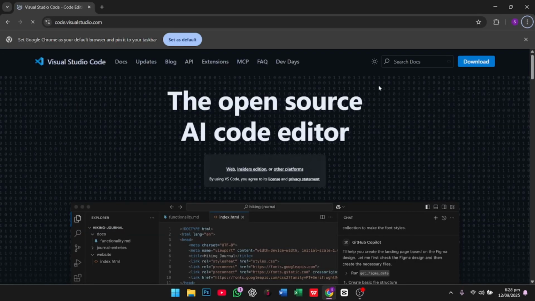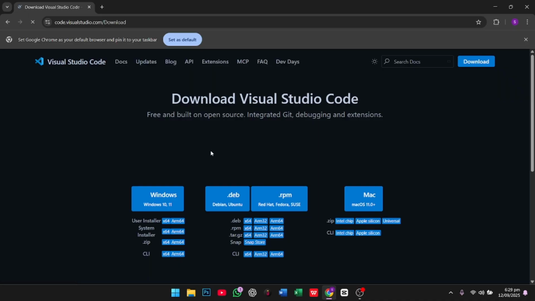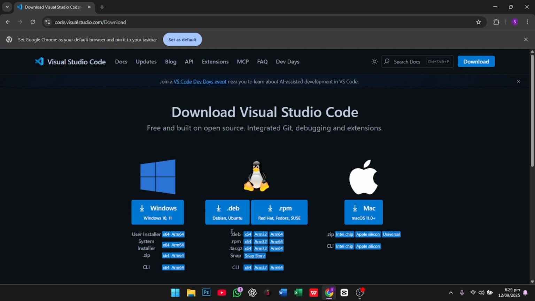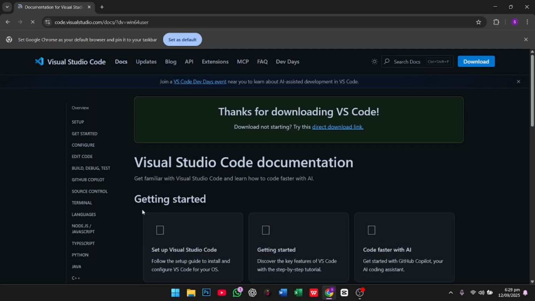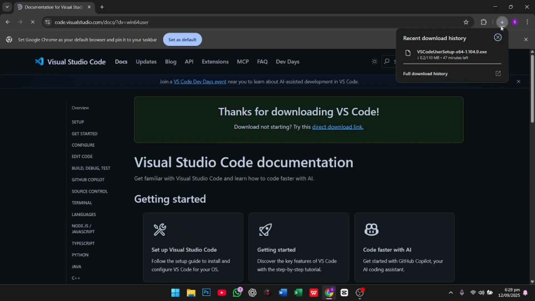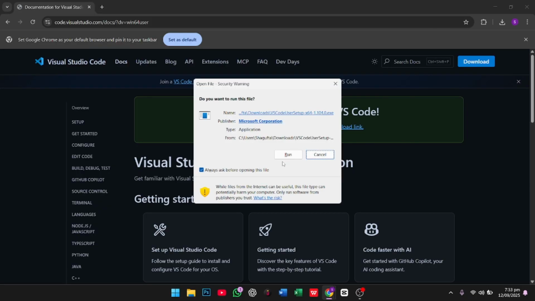You see there is a download option on the right side. Here we click on the download option, and you see there are three ways. If you are using a MacBook, Linux, or Windows, you use whichever. I am using Windows, that's why I install the Windows version. You see it says thanks for downloading. It takes some time. Now after downloading,